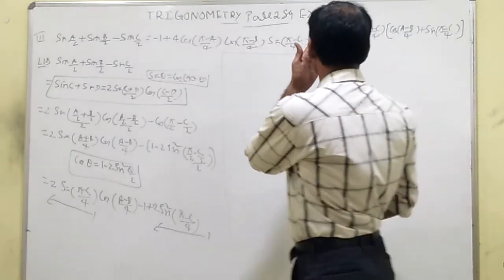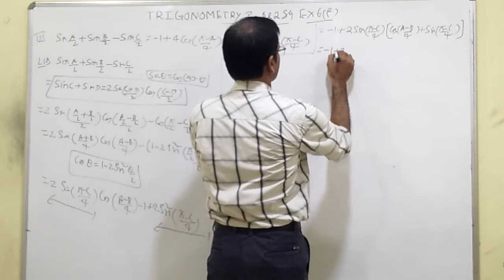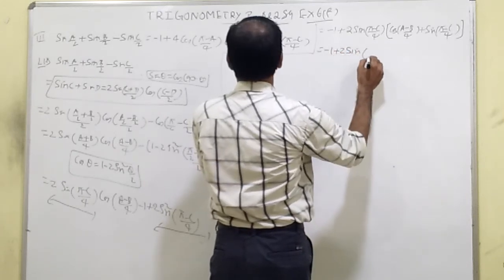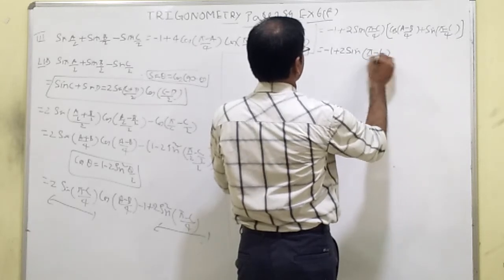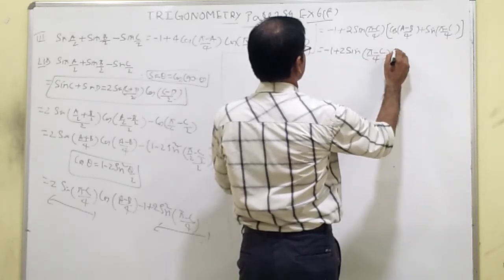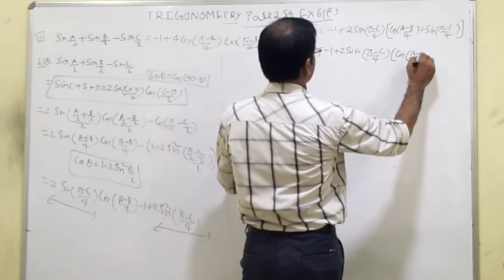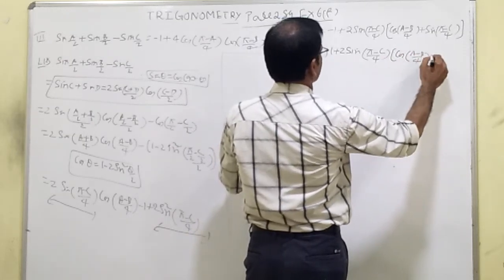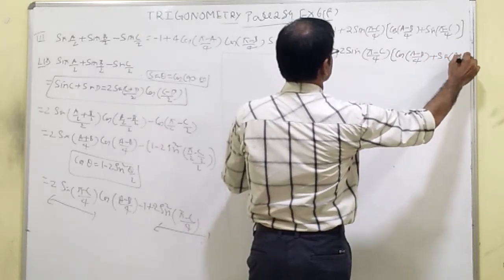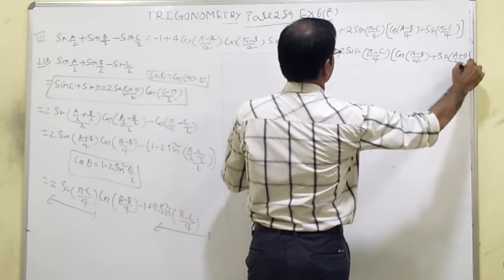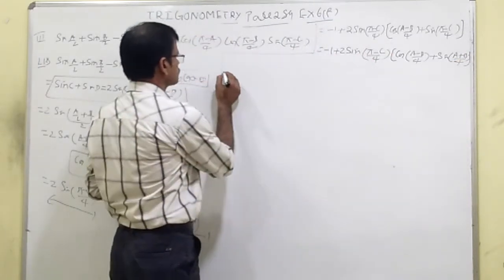That is equal to, write like this, minus 1 plus 2 sin of (pi minus c)/4 into cos of (a minus b)/4 plus this is sin of (a plus b)/4, because pi minus c becomes a plus b,